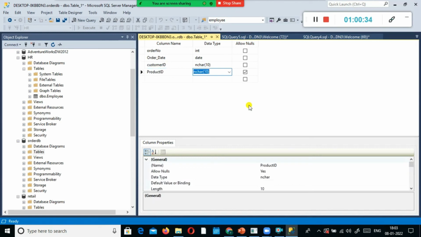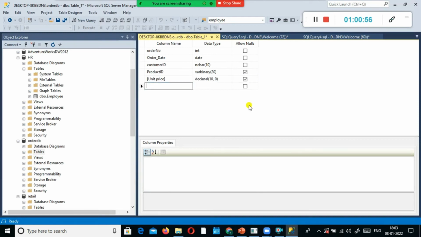So here the product ID, I'm going to use varchar, and I'm going to say unit price is a decimal. I'm going to say 10,0. So here unit price can also be null.